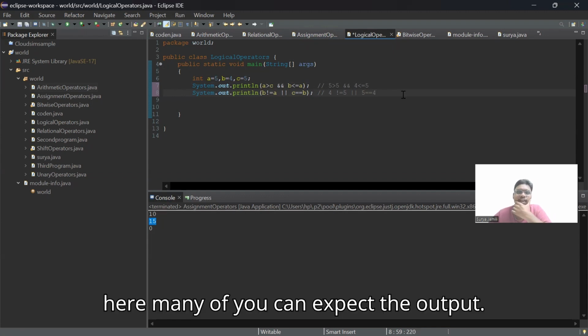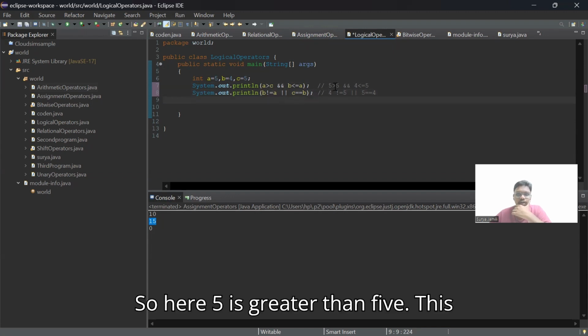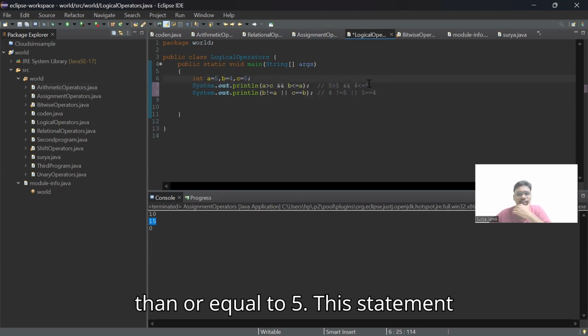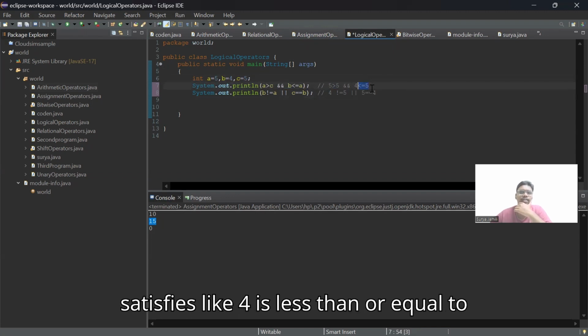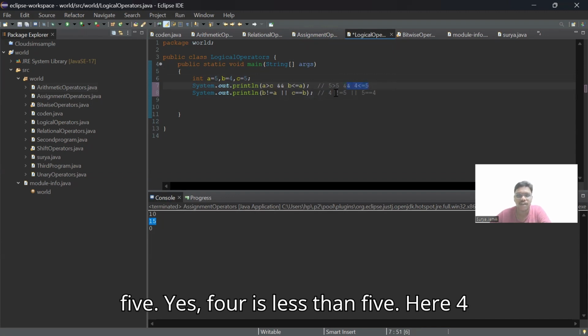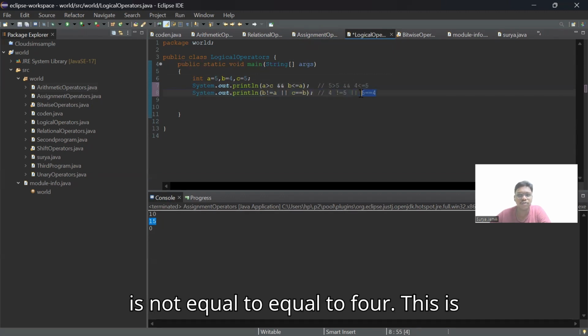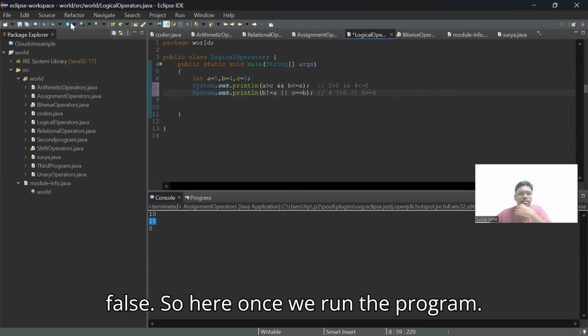Many of you can expect the output. 5 is greater than 5 is completely wrong, and 4 is less than or equal to 5 is true. 4 is not equal to 5, yes, this is true. 5 is not equal to 4, this is false. So once we run the program,